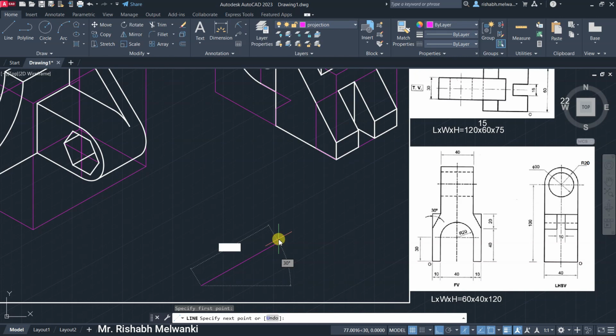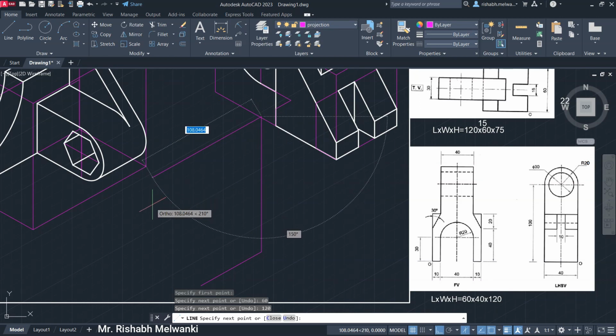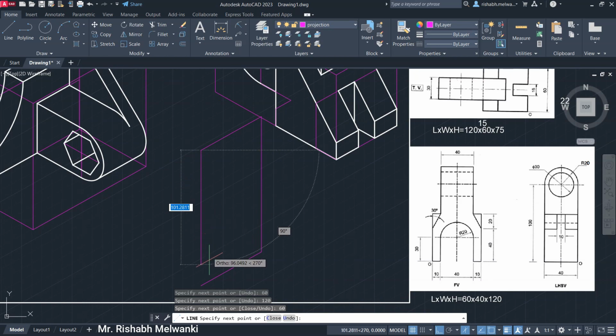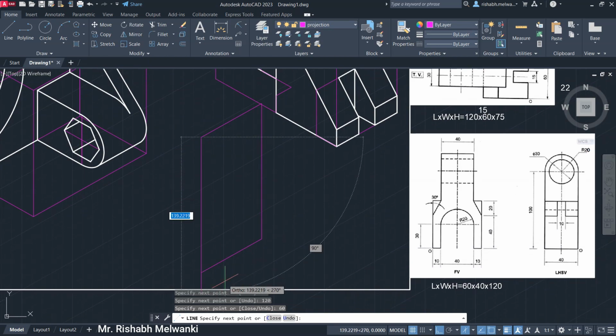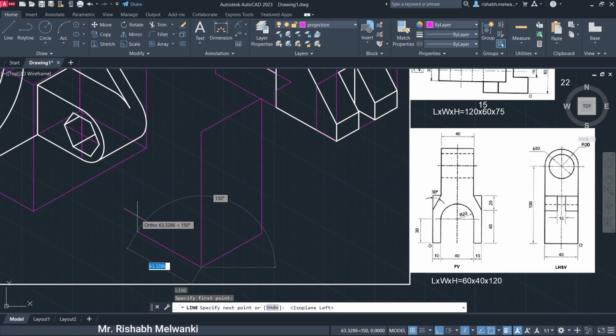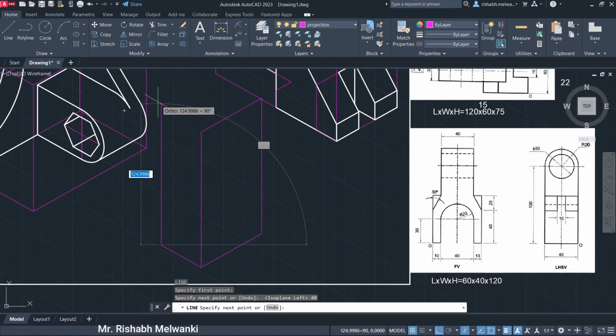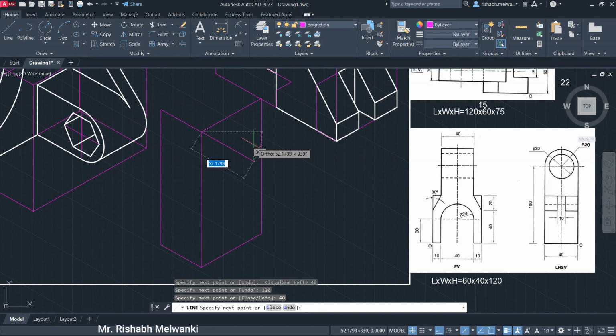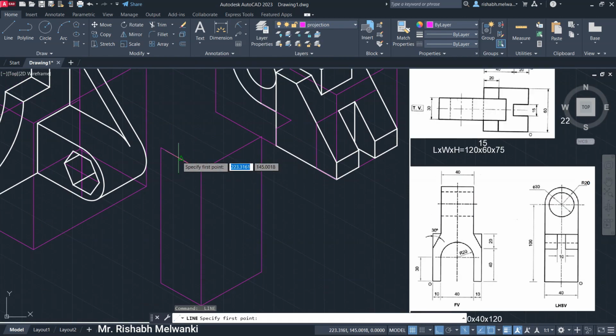This will be 60, height is 120, 60, 120. L enter. The width is 40, height is 120, 40, spacebar,